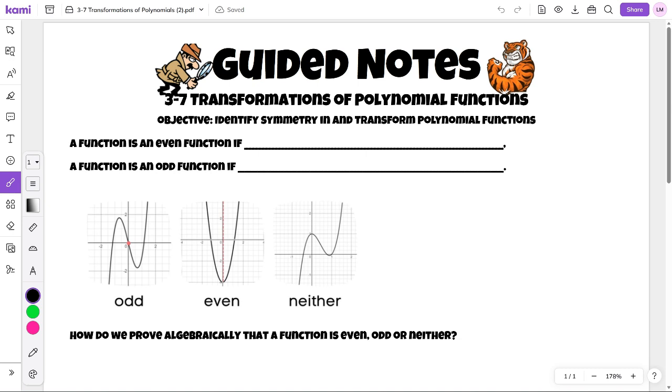So first of all, let's get some definitions out of the way. When we call a function an even function, so when we're talking about polynomials and we're calling something an even function, that is completely different than even degree. So even degree, we're looking for the highest power of x and seeing if it's even or odd. An even function means that it is symmetric. So a function is an even function if it is